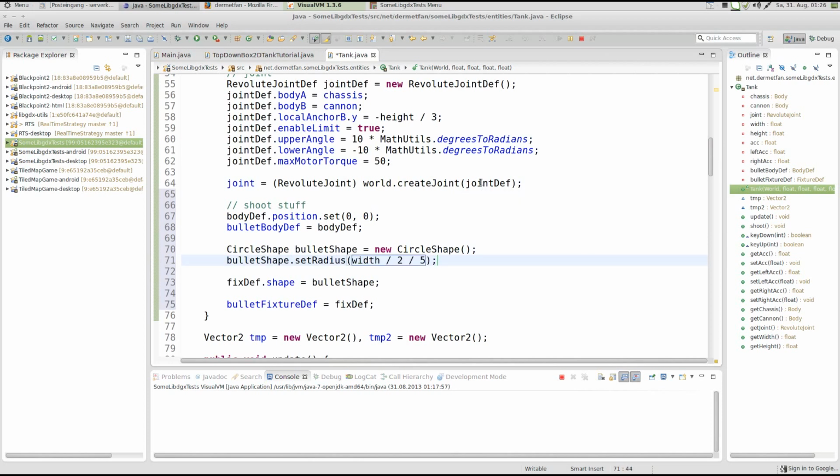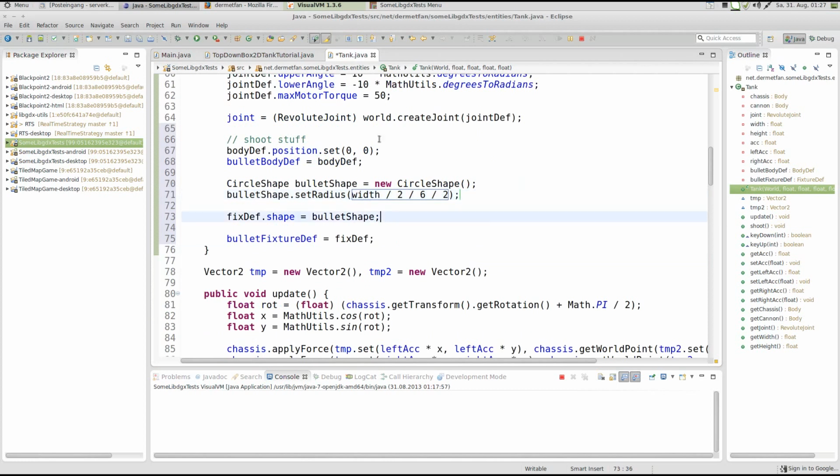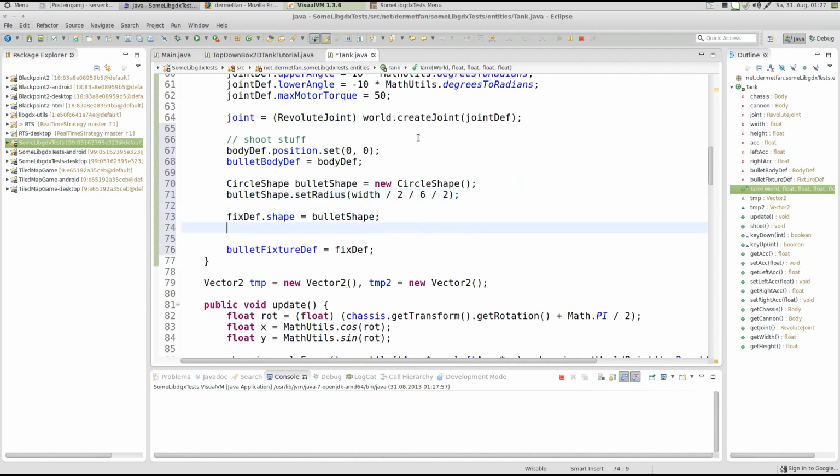And actually the bullet that comes out of a cannon is a little bit smaller than the cannon itself. So let's say 2 divided by 6. Right, this should be significant enough. And actually we have to divide this by 2 again, because it's the radius and not the width of the circle shape. Alright, so we have the fixture definition of shape set up correctly, but next we want the density,